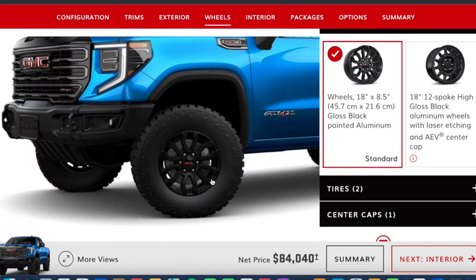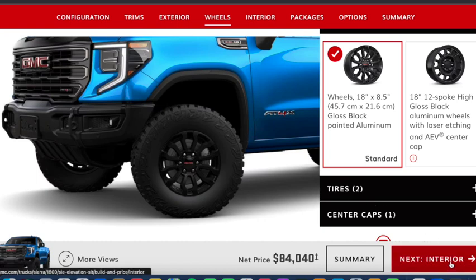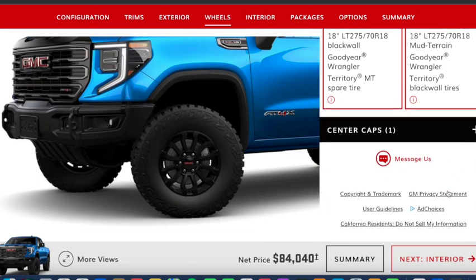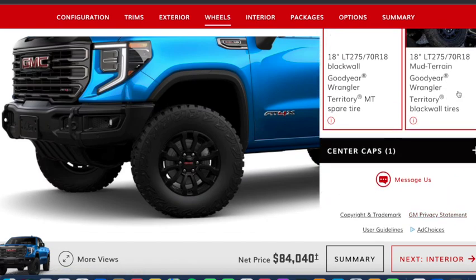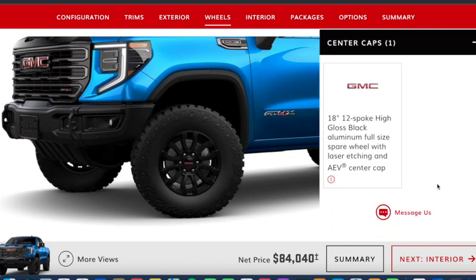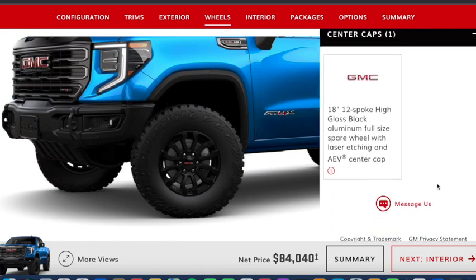So they kind of look powder coated here, but I guess they're gloss black, so maybe they would look different in person. And then you can pick the tires here, which in both cases are mud terrain tires, so it's really not going to matter. Both Goodyear Wranglers, 18-inch, which I know some people prefer the larger tire, but this is technically a truck